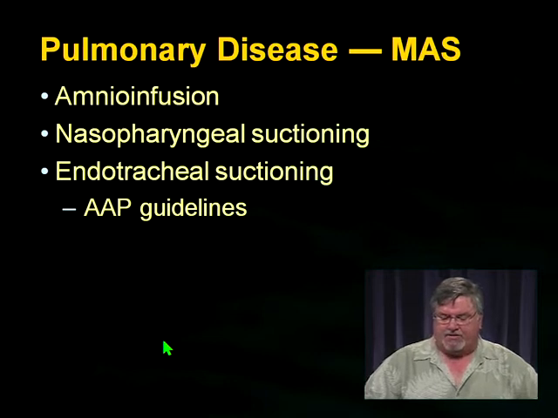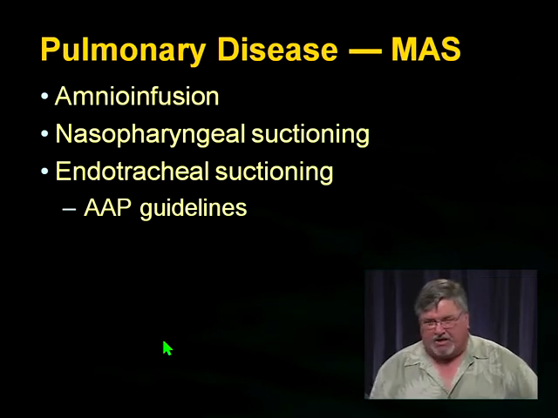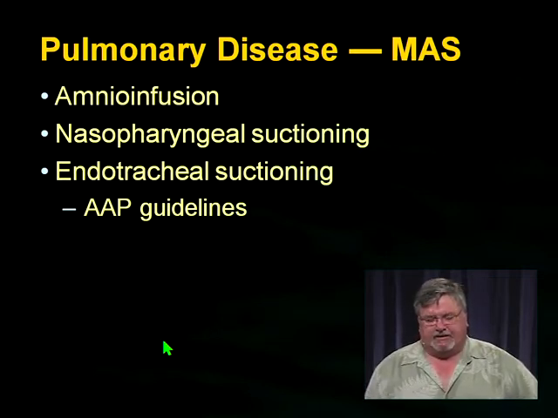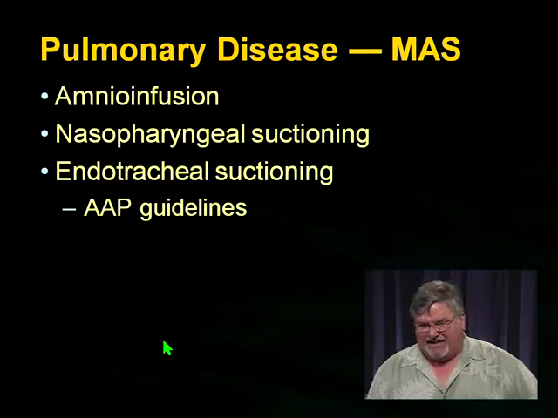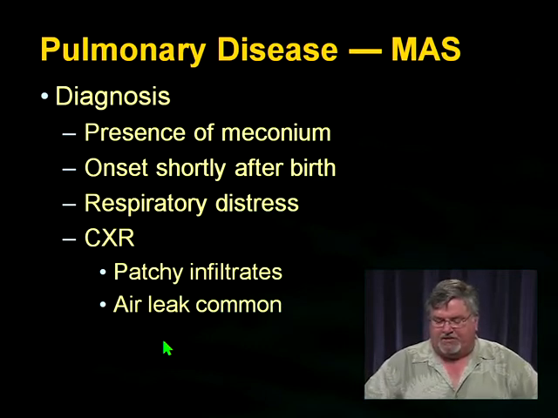Meconium aspiration syndrome, amniotic fluid aspiration while they're still fetuses, nasopharyngeal suctioning, and then endotracheal suctioning according to the AAP guidelines, which essentially said the kid has to be relatively moribund in order for you to put a tube down them and suck out their trachea. And again, this is all in acknowledgement of the fact that many of these kids have antenatally aspirated, and no amount of tracheal suctioning makes them any different. So in order to have meconium aspiration syndrome, folks, the diagnosis requires, one,